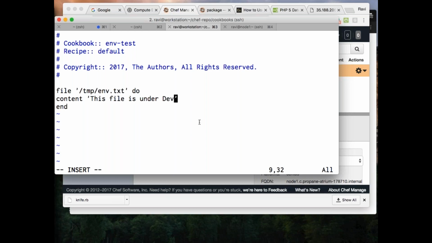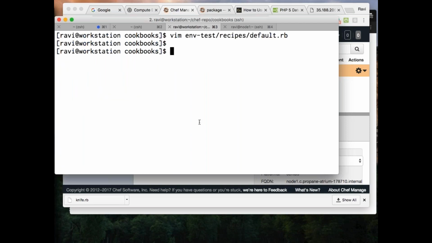Now, what is the version of the cookbook here? Depending upon my metadata, it is going to be something like 0.1.0. Now, let's say I'll update this cookbook. Vim environment test, metadata.rb.